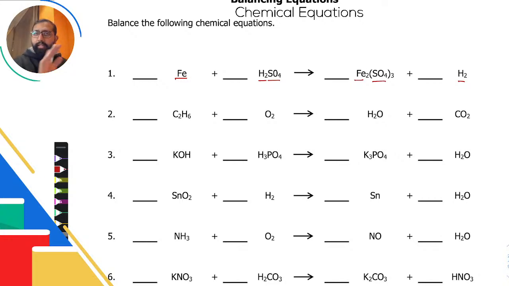I'm going to do any other particle, then hydrogen, then oxygen. So I have 2 iron on the right side. Now I'm starting with iron. You could have started with anything else. So I have 2 iron on the right side. I have 1 on the left side. So my ratio is 2/1. So I'll just write 2. Okay, iron is balanced.